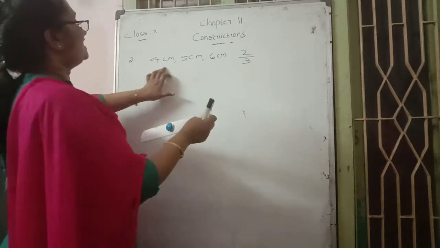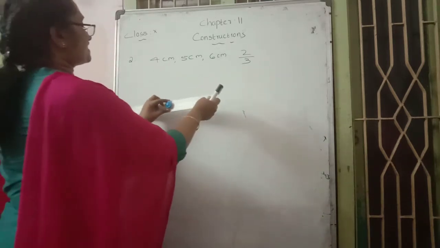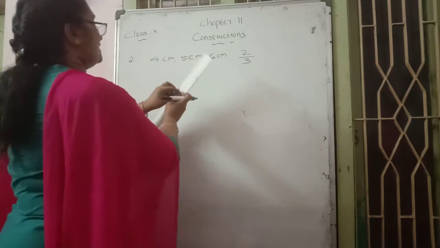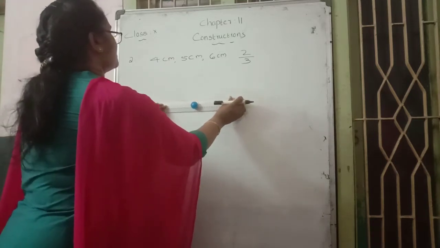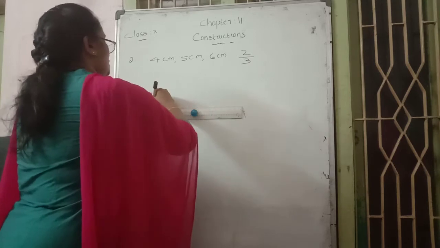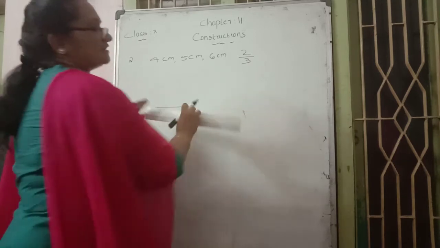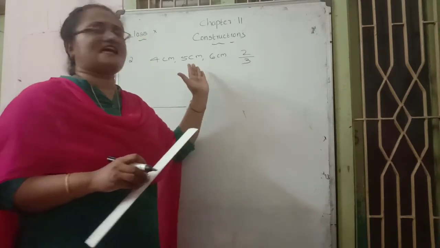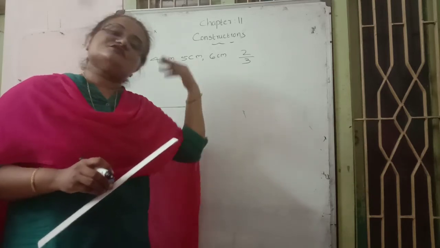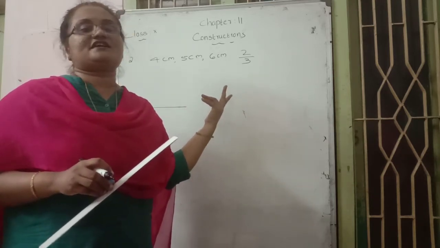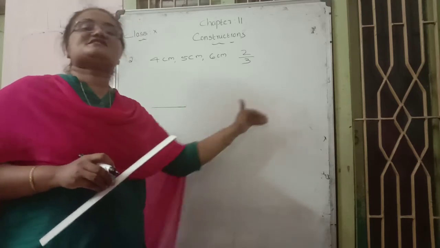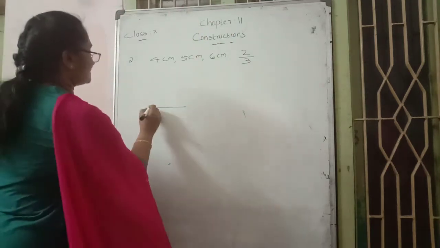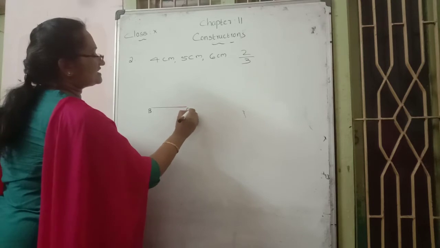First, on the basis of this, we construct the original triangle, whose highest measurement is 6 cm. So with the help of the scale, take 6 centimeter, 0 to 6 centimeter. Usually, when constructing a triangle, BC comes at the bottom. Here the alphabet is not given, the triangle name is not there, so we can decide any triangle name. ABC is our triangle. So BC is taken as the base and point A comes on the top. We mark here B and this part C.